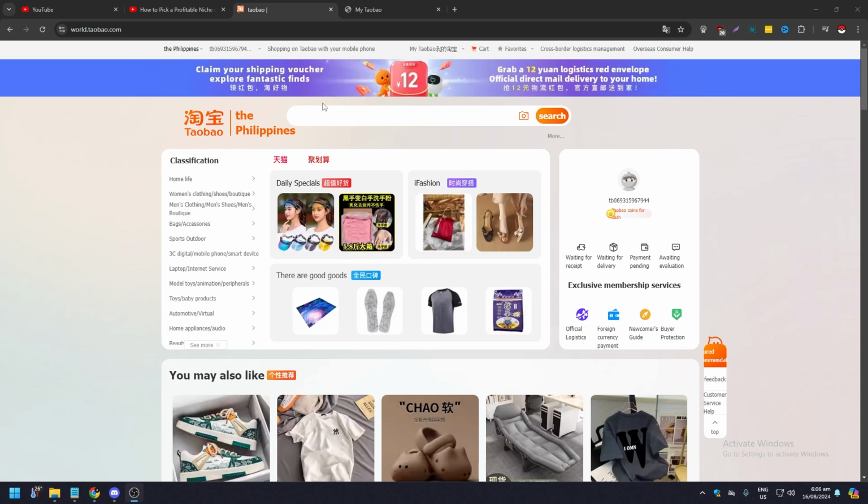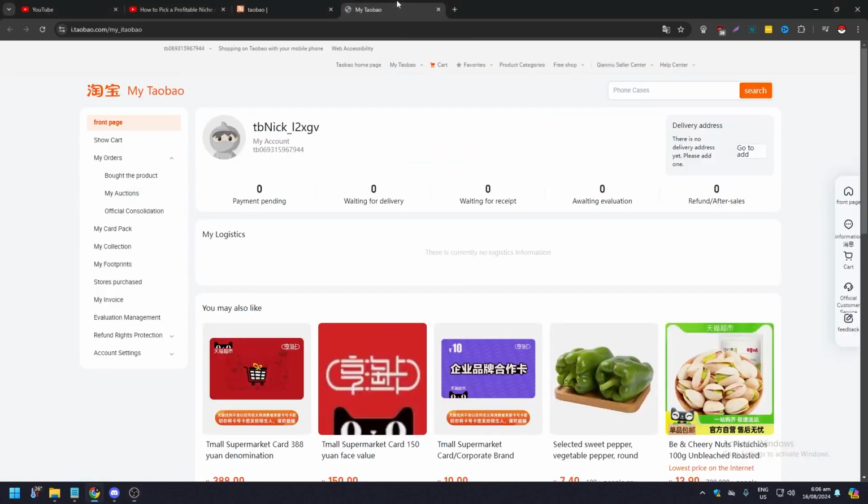There is going to be a very small white line here, and one of the options here is going to say My Taobao. So click on that and this pop-up will appear. Now, once this pop-up appears, you need to look towards delivery address, and as you can see here, there is no delivery address yet. Please add one. So click that